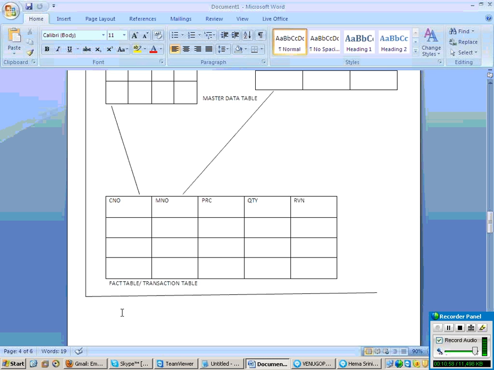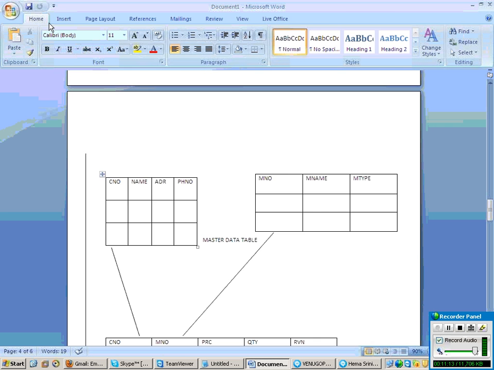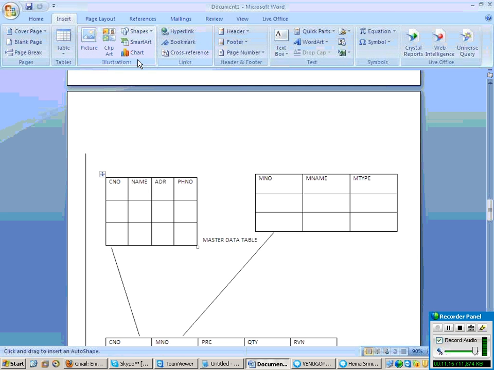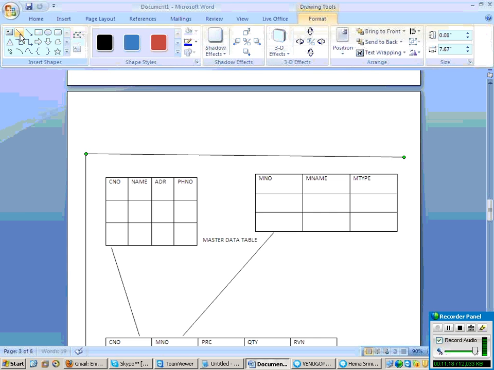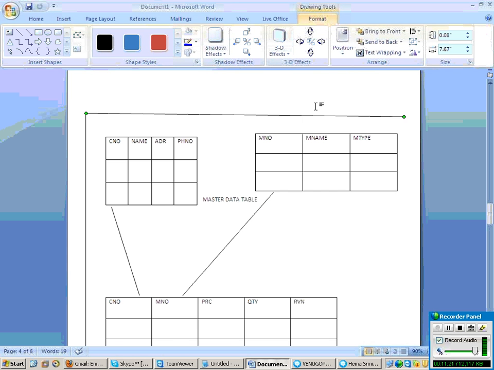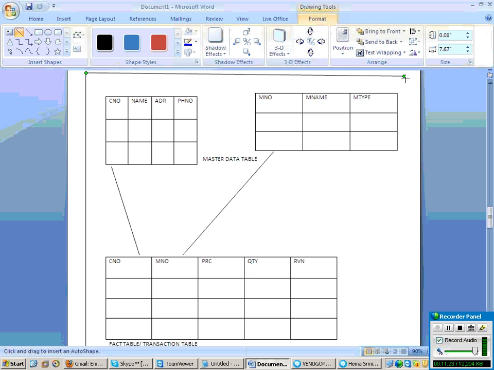Why I am taking particularly 16 dimensional is because, as I said, the table can have a maximum of 16 fields as a part of primary key. That's why we are visualizing it as one cube. Cube has how many edges? No, faces? Number of faces is 16. So now, cube has 16 edges now.